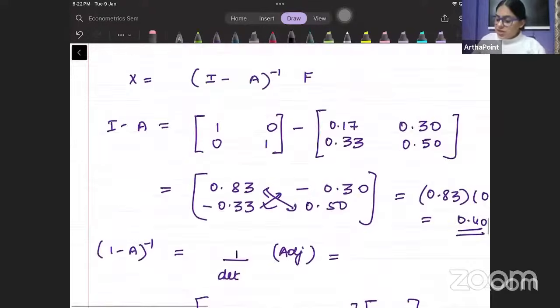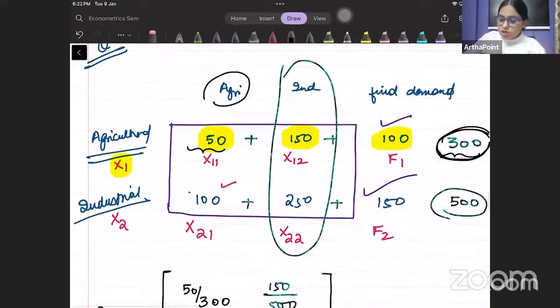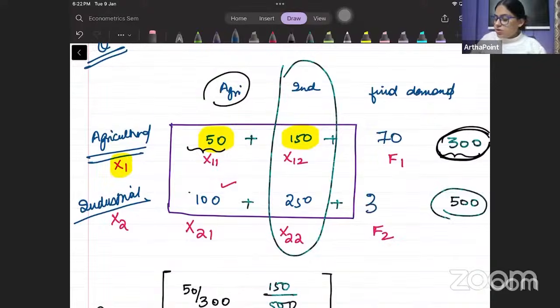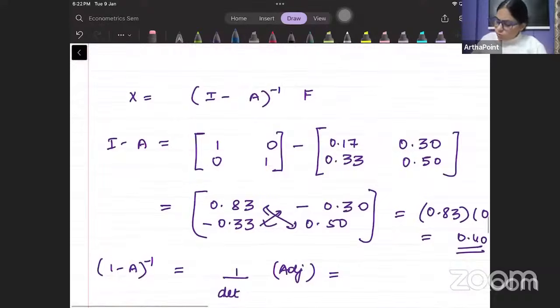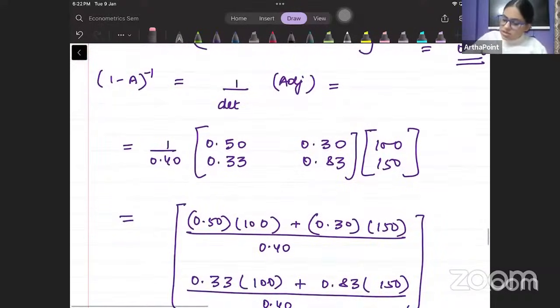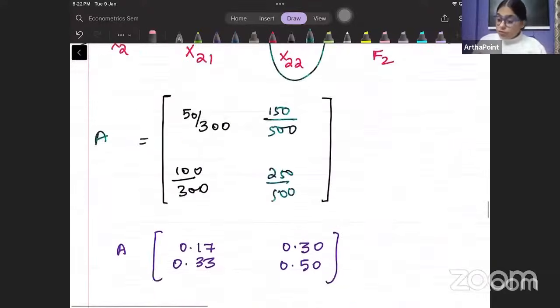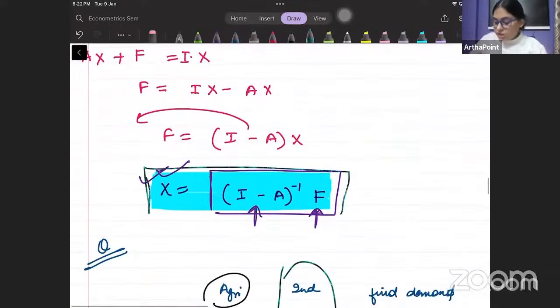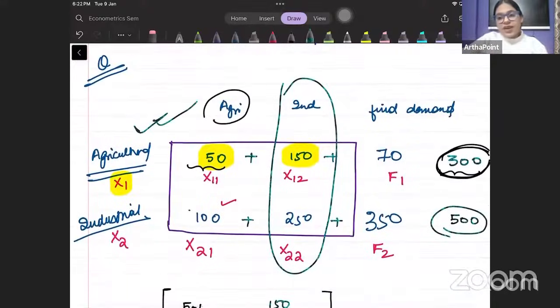Suppose they say that the final demand changed, and the new final demand is not 100 and 150, but 70 and 350. So what happens? No problem. In the final demand, instead of 100 and 150, you multiply with 70 and 350 and get the new answer. The question can be altered, but you have to remember how we formulated the technology matrix. If you can find the technology matrix, then you can solve this question easily, right? So this is how you can go ahead